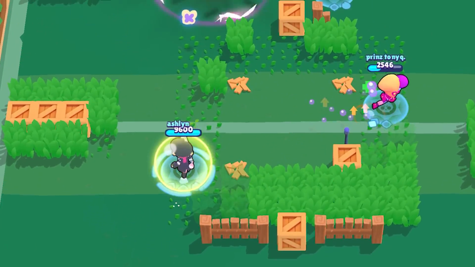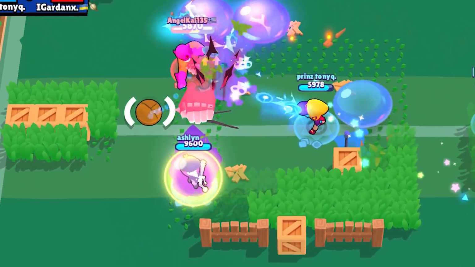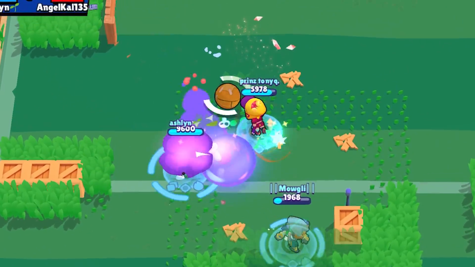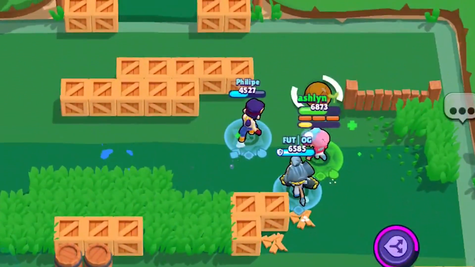Also, just look at how many bubbles I got here. That's like 8 bubbles plus the bubbles that bounced right back. She is so satisfying when something like this happens. Don't even get me started on the trick shot bubbles. At this point, I started using Kit in my backpack for some heals, and it is so much fun